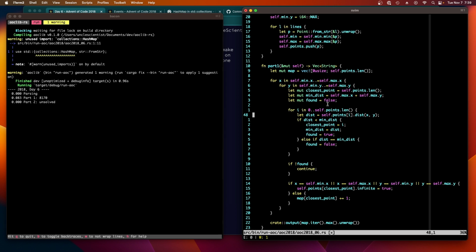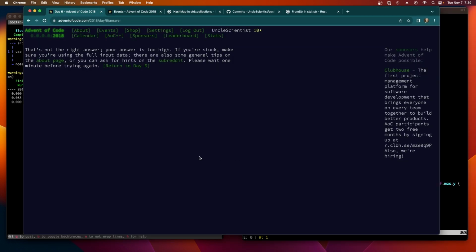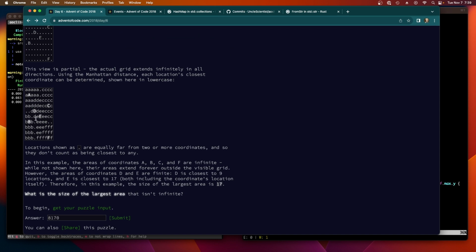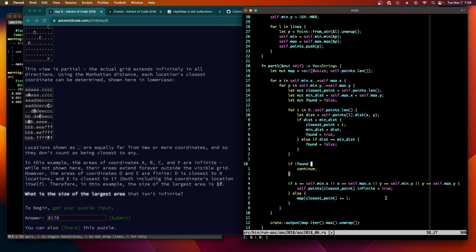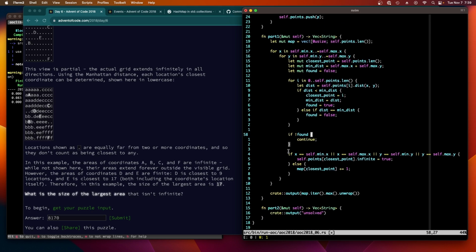If it's less than our minimum distance, then we'll save it, and we say we found it. If it's equal to, then we didn't find it. After we're done, if we didn't find it, that means the last thing was that it was equal. So we ignore it. We don't include it in our calculation of our size. Right? That's where the dot comes from. If we're on the border,